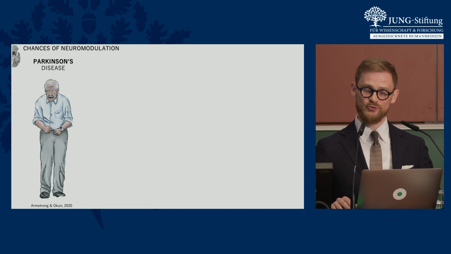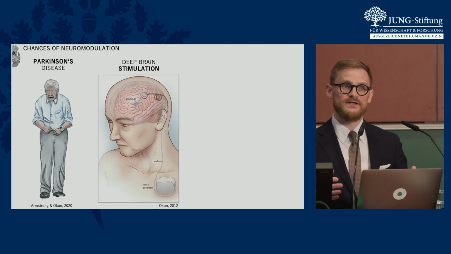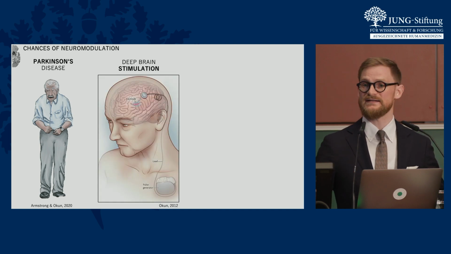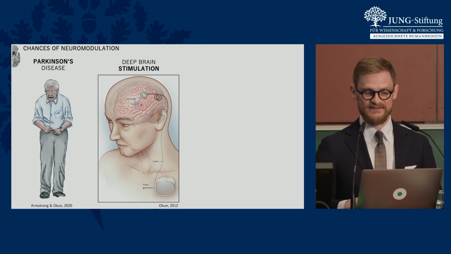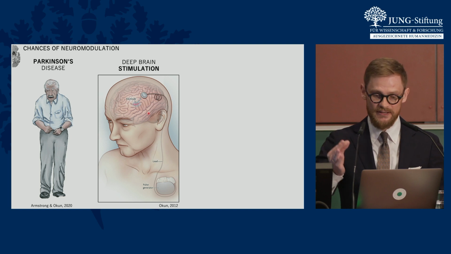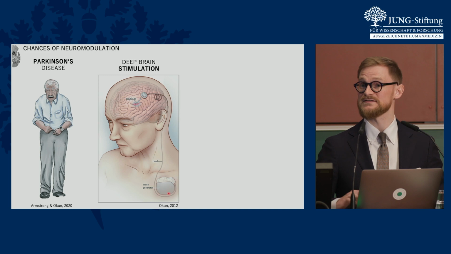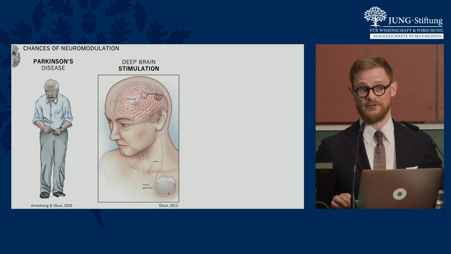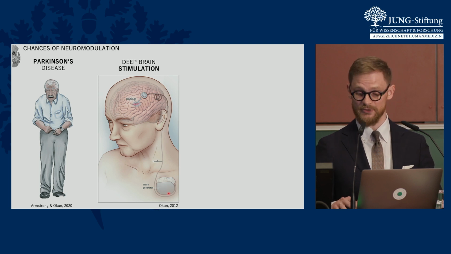And the same was true for quite a while for other neurological disorders, such as Parkinson's disease. But with the advent of neurostimulation methods, such as deep brain stimulation, we can now offer patients with severe neurological disorders hope. And what happens is that a neurosurgeon in an intervention will insert, for example, an electrode into the deep structures of the brain, and this electrode is hooked to an impulse generator which delivers electrical current into these brain regions. You can think of this as some sort of a brain pacemaker.